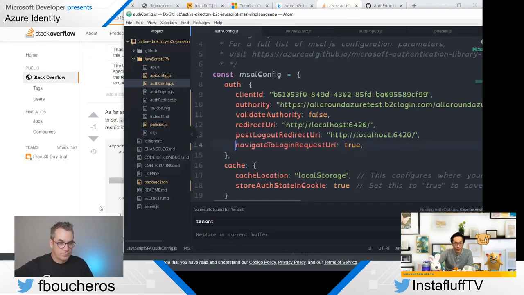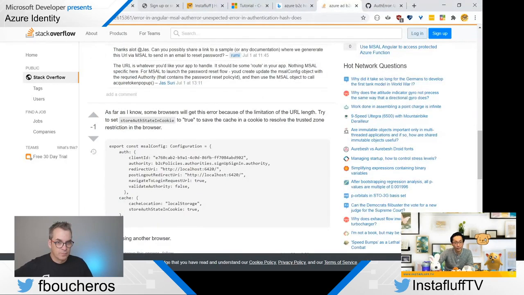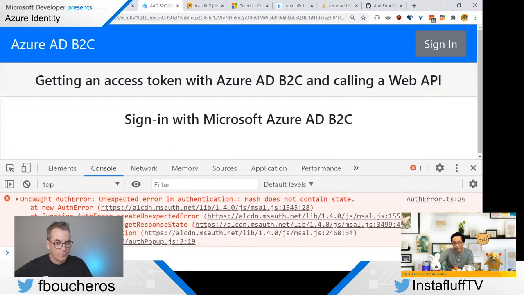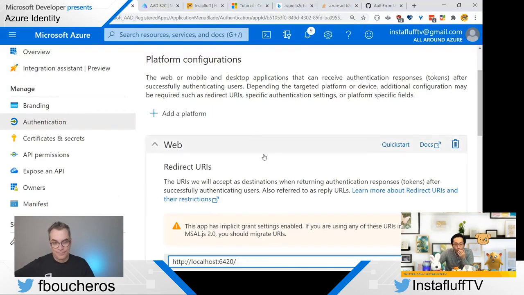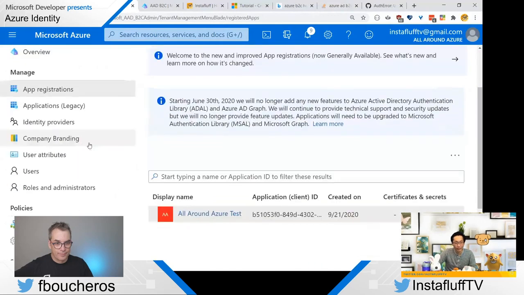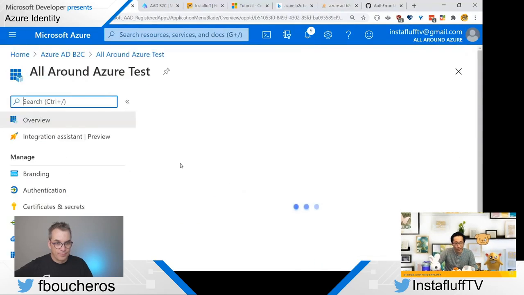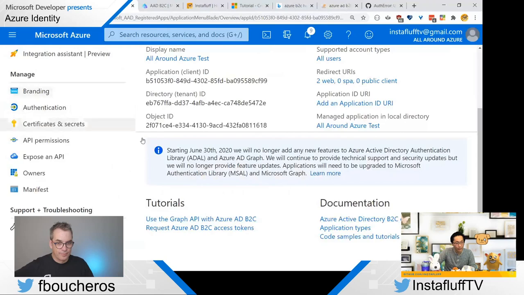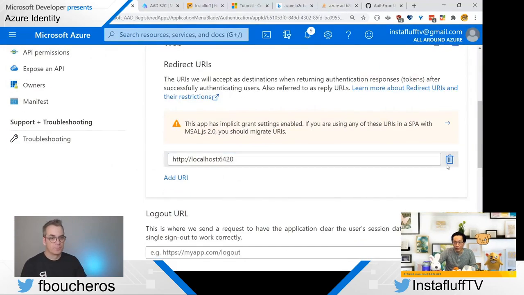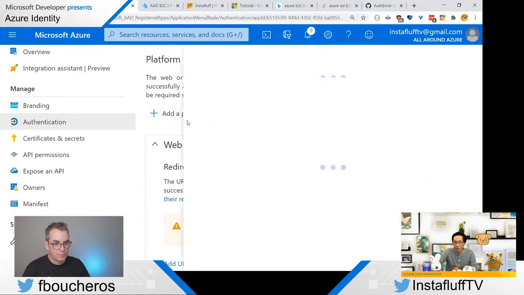And so then, let's see. Now if we go here, we're going to refresh just in case, and then I'm going to sign in. It's still the same. I have another idea. What we can do is try removing the authentication, removing these, and then I'm going to try creating that single page application thing here.